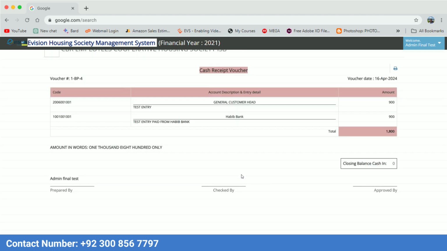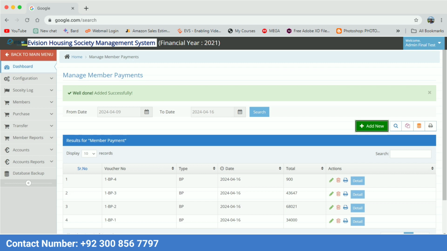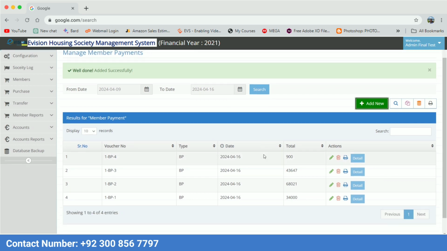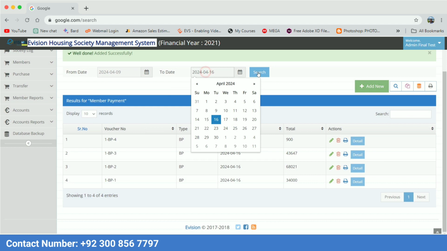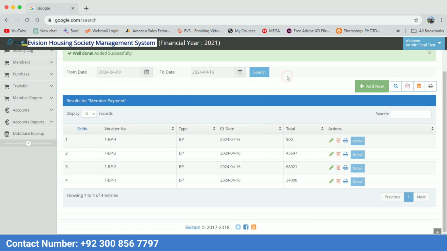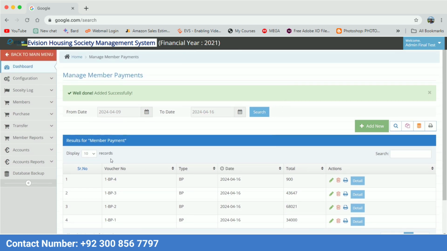After closing this tab, you will be redirected to the Member Payment Manage screen, where you can see all the added member payments. If you want to view specific member payments, you can select dates in the From Date and To Date fields. After submission, the member payment will appear in the table, showing details such as serial number, voucher